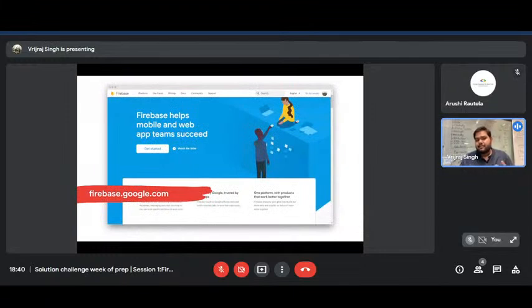So yeah, for more information about Firebase, like how we can start, how we can write logic with Firebase, you can go to the website firebase.google.com, and then you can create a project, and then there will be instructions, like for the web platform you can copy the JavaScript code, and then you can start working with Firebase.